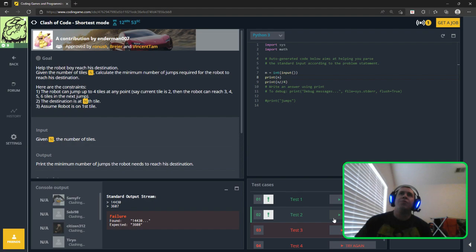So it's 14,430 and it's expecting 3608. Oh! So if it doesn't divide evenly and it has a remainder, that counts as an extra hop. Okay, I get it. So what we would need to do is if n modulo 4 doesn't equal 0,